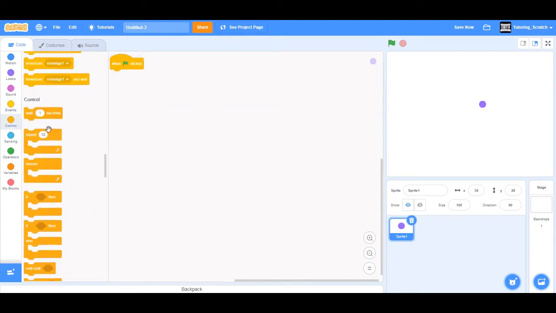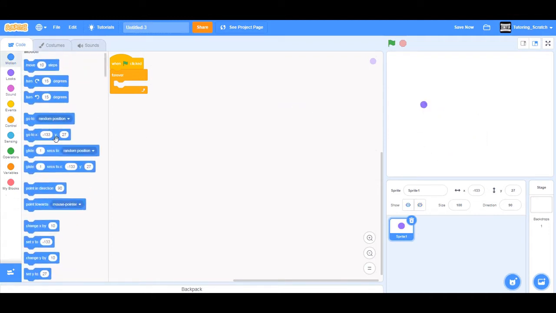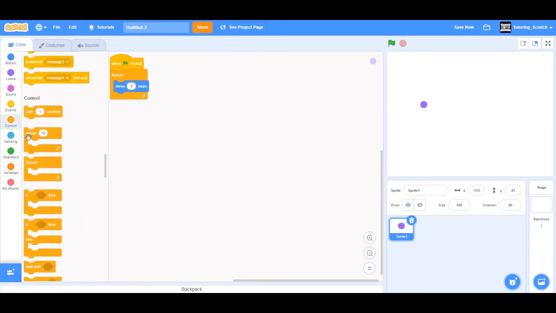When flag clicked, forever. One thing I would want to specify here is that we want our snake to be traveling forever on the screen. It shouldn't stop or travel only when we press our arrow keys. Arrow keys should only change the direction. So, forever move 3 steps, say, and